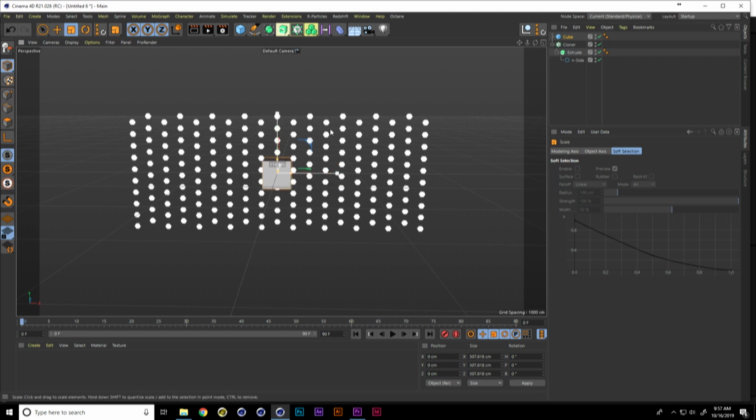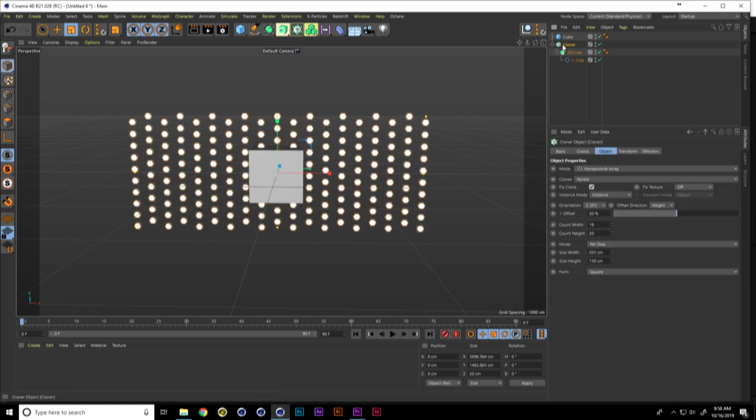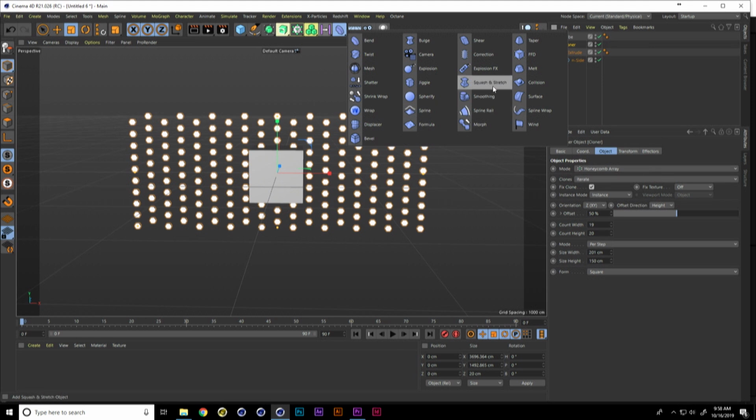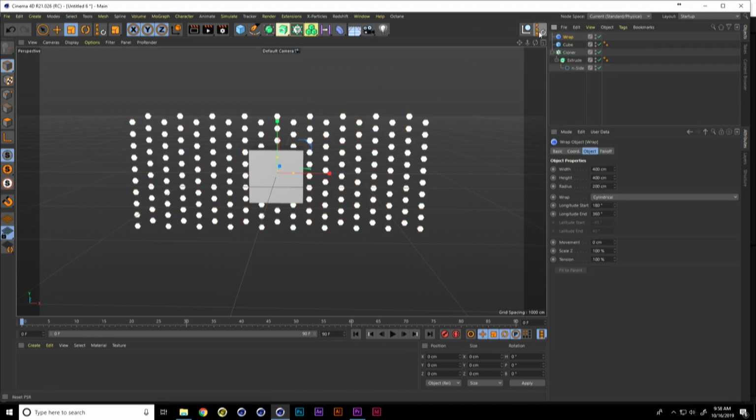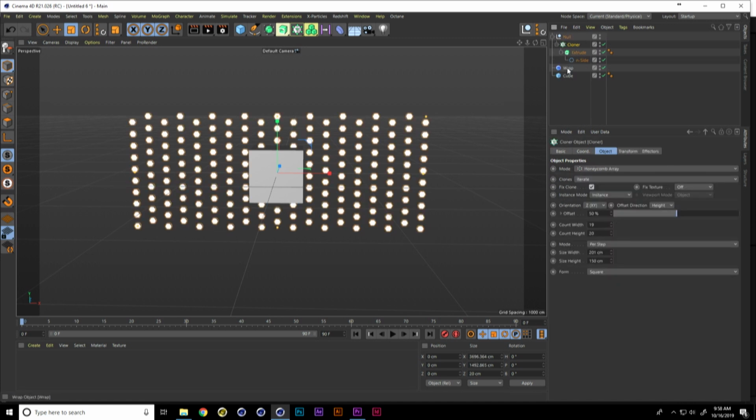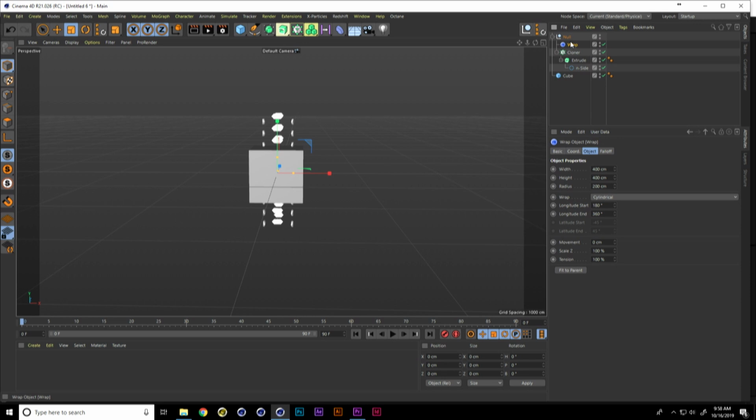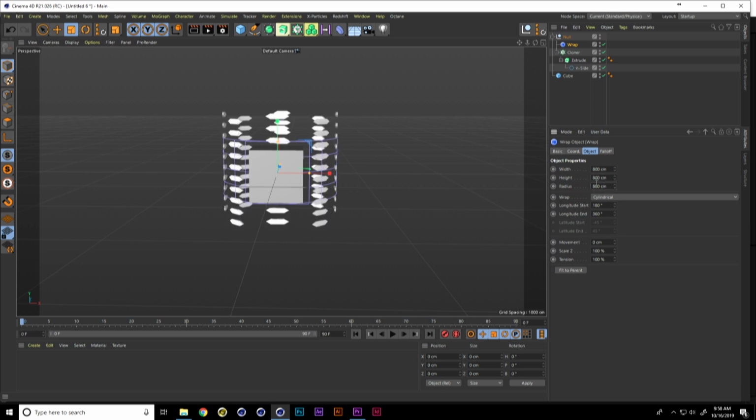And how I ended up wrapping my hex grid around my object was using a wrap deformer. And so I'll add a wrap deformer into our scene and make a system in a null object. So we'll isolate my honeycomb array and my wrap under one null, and we'll take my wrap to a width and height radius of, let's try like 800. We want this to be, oh, pardon me, there's a radius 800. We want this to be bigger